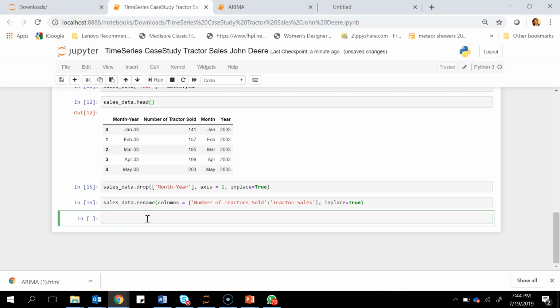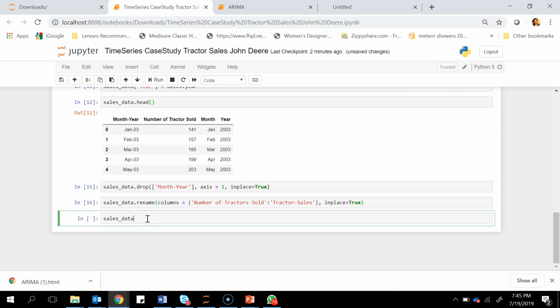Now we have three variables right now, right? So we have sales data: Month, Year, and Tractor Sales. So let's extract that part.